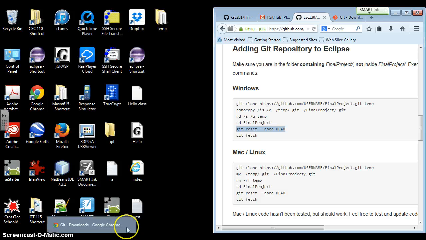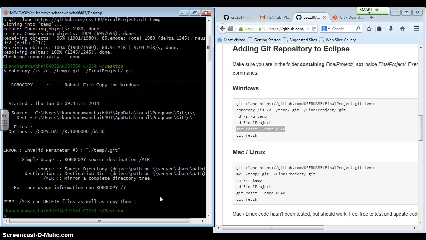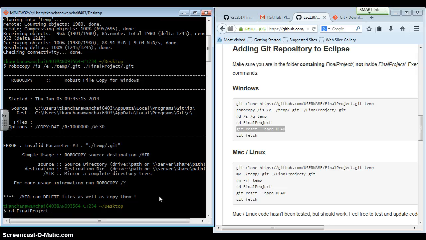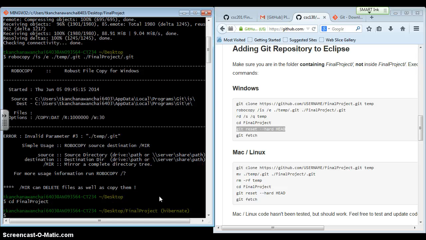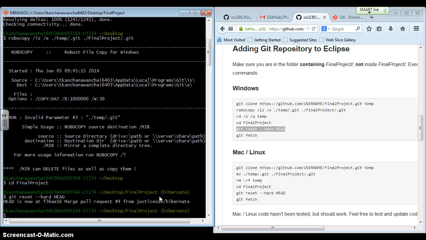All right, so I'm going to do the Git Bash again. Now I'm going to cd to my final project. Alright, so now I'm going to type git reset. Okay, so we are at the head now. Alright,